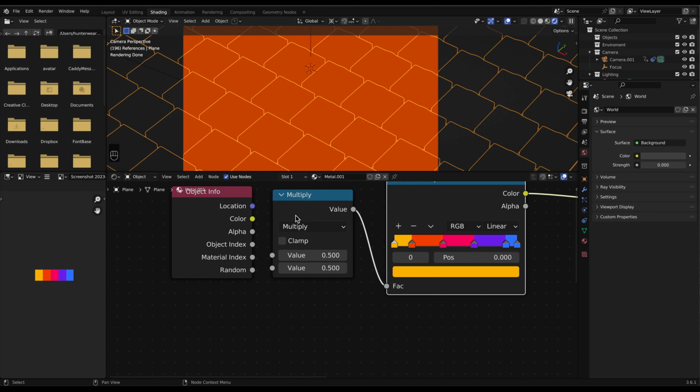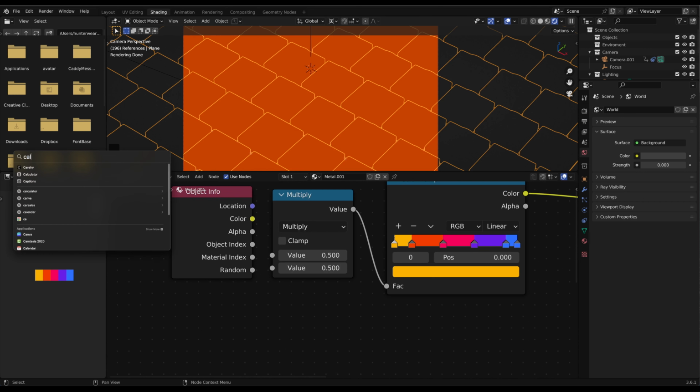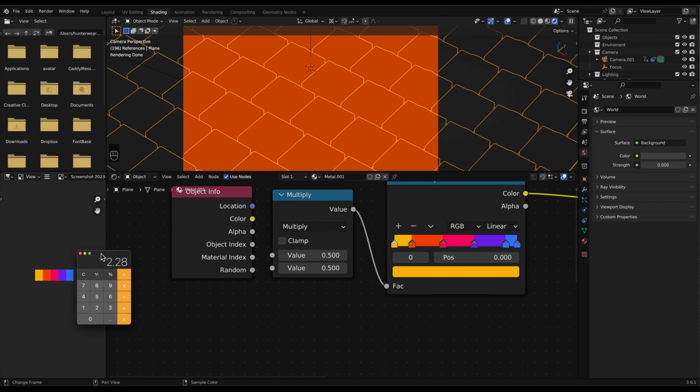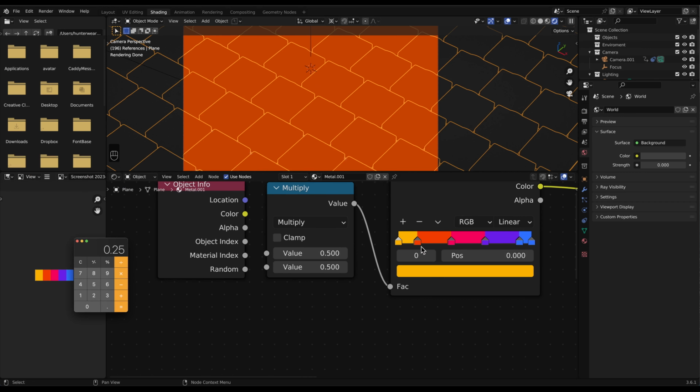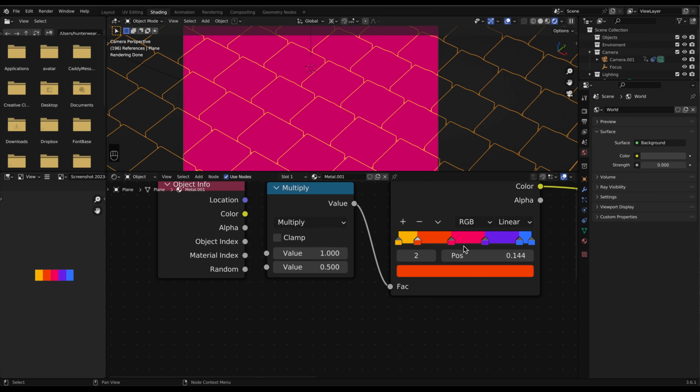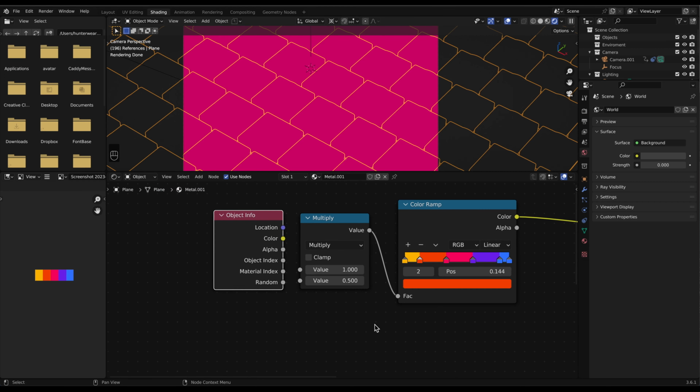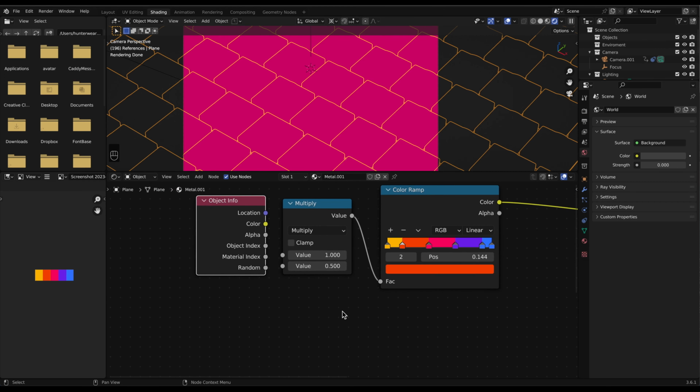So right now it's multiplying 0.5 by 0.5. We can actually do this on a calculator if we wanted to. 0.5 times 0.5 equals 0.25. So then it's going to be generating a value in here, orange. And so we can see that already. If we go a value of 1 times 0.5, it's going to generate a value of 0.5. And so you can see we're using a little bit of maths already to do this.